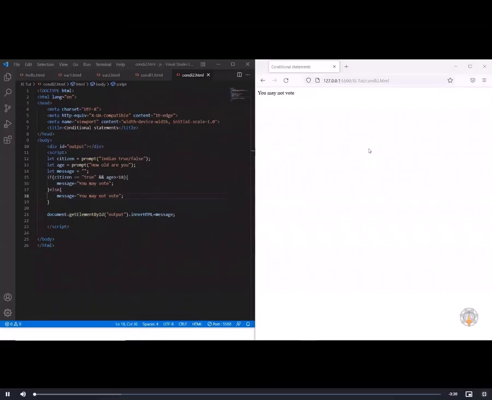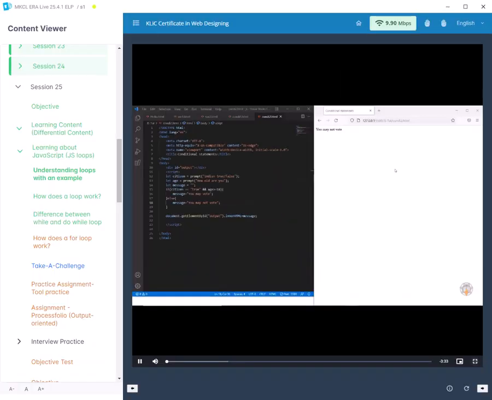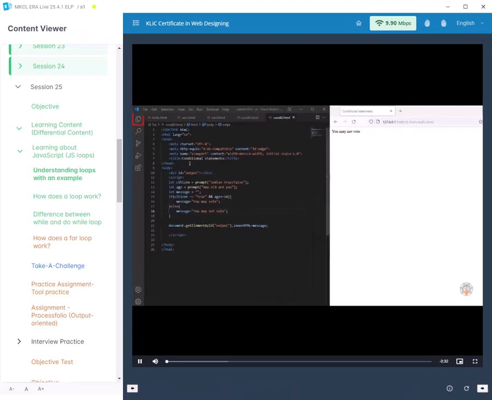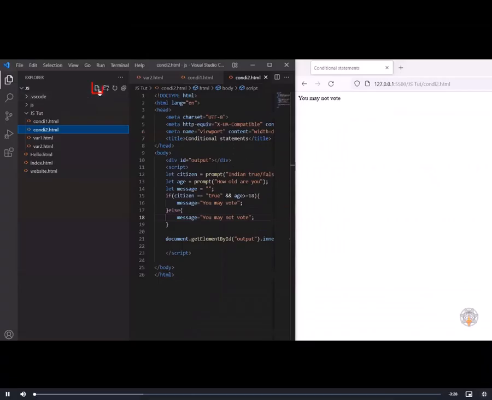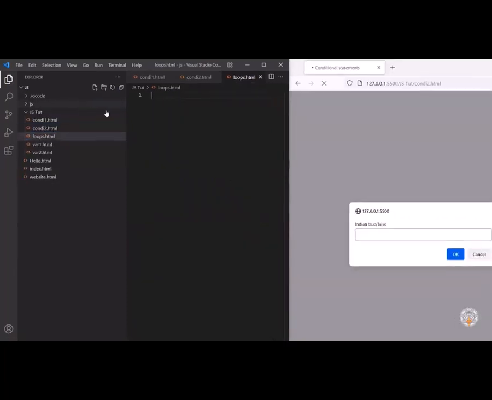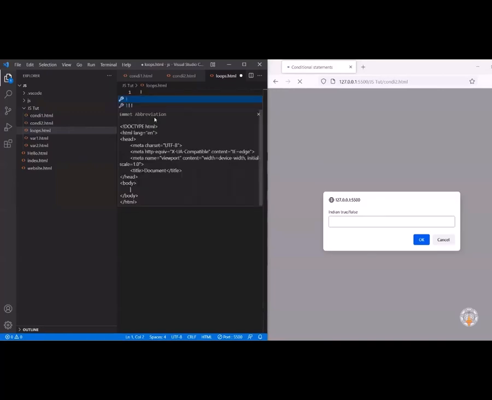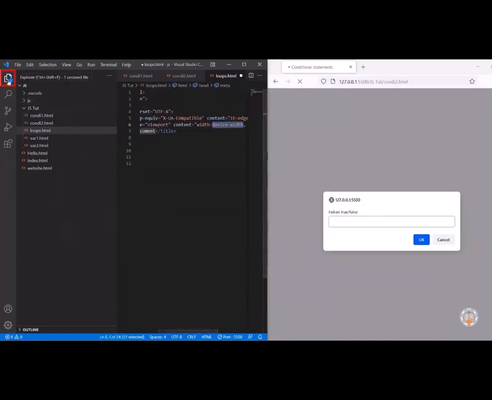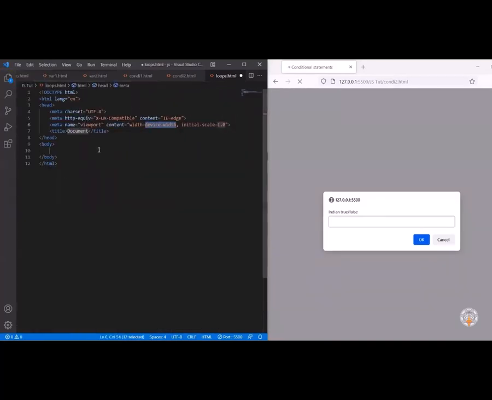As we have seen conditional statements, let's dive into loops. Let's create another file which can be named loops.html. Let's quickly get the HTML boilerplate. As we are going to look at loops, write down loops as a title, then as usual get the